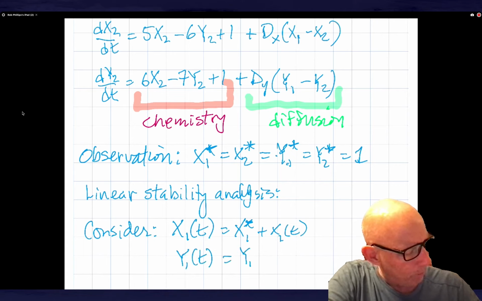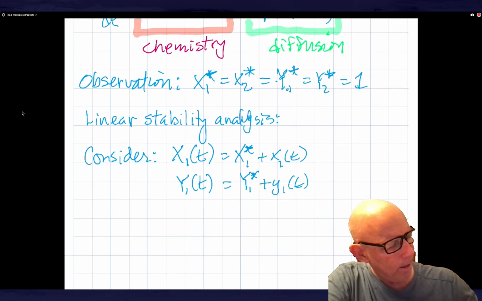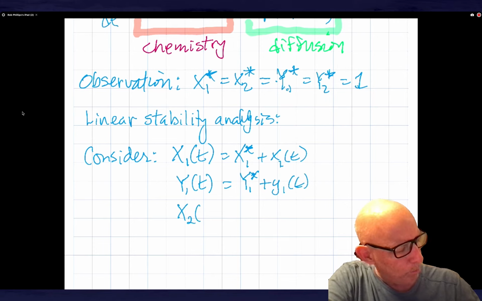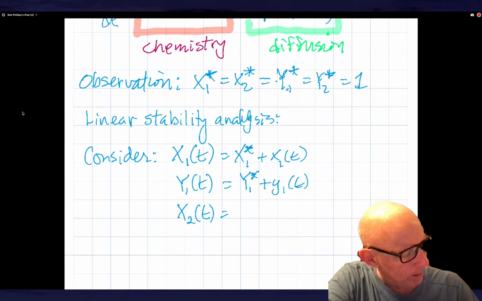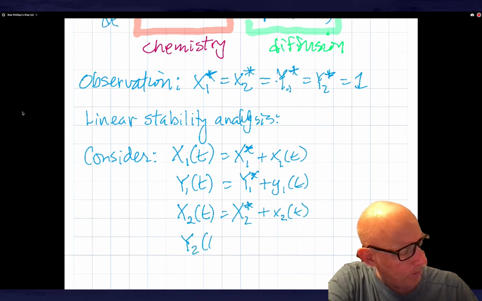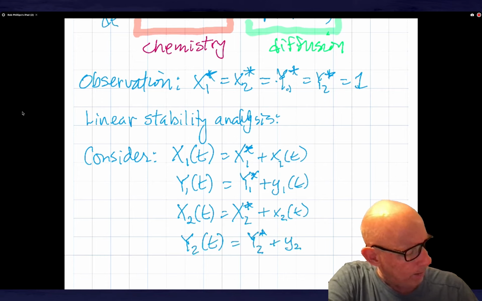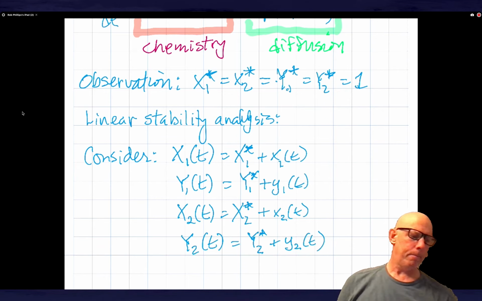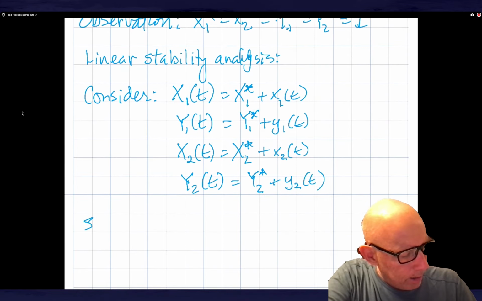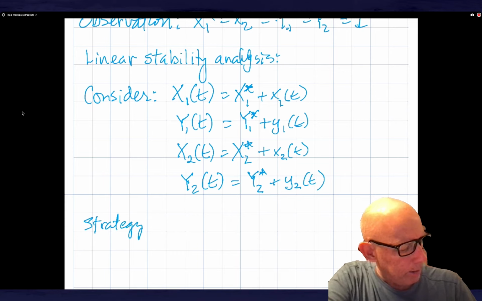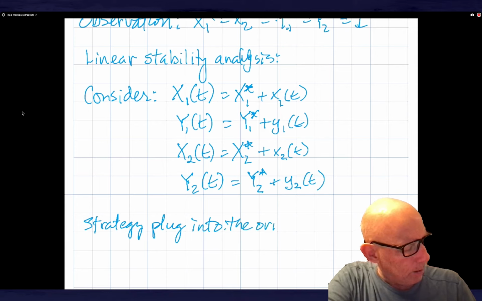We need to do this for all 4 of our variables. So this is x2 star plus x2 of t, and finally y2 of t is y2 star plus little y2 of t. We will plug this back into our differential equations. The strategy is to plug into the original ODEs,